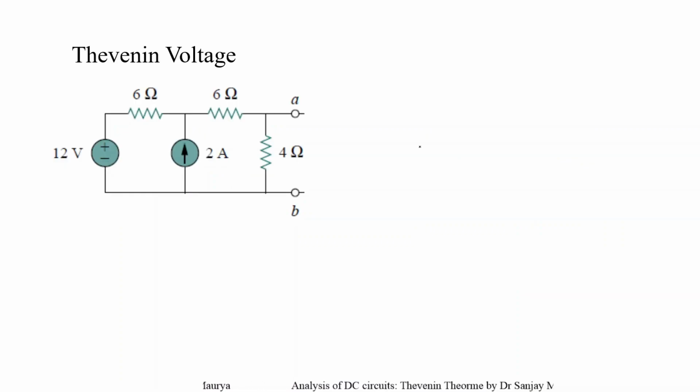So load is removed over here and we are going to assume the voltage across this one is VTH, plus minus VTH. So this VTH voltage will be equal to the voltage across this 4 ohm. Now to find out the voltage across this one, I need to find out the current in this one. So for this one, I'm going to apply the nodal. Let us assume this one as a voltage V1 and the lower one is your reference voltage. So I'm writing the KCL.